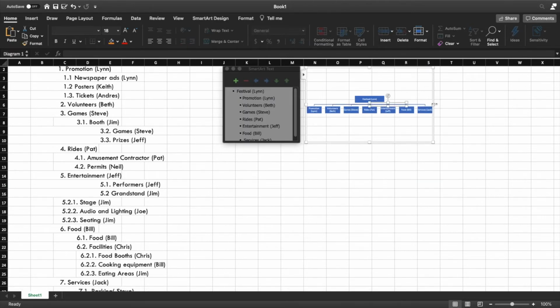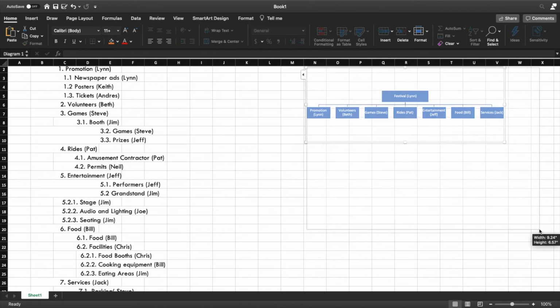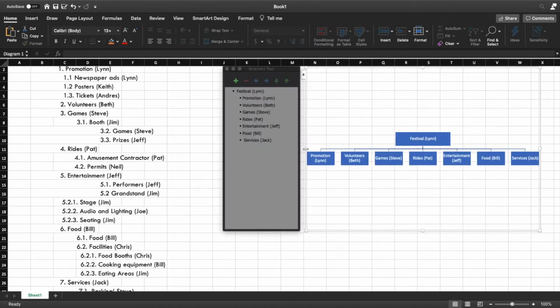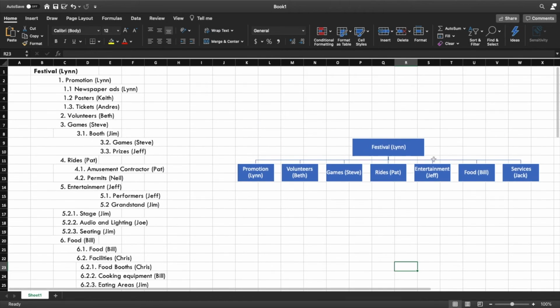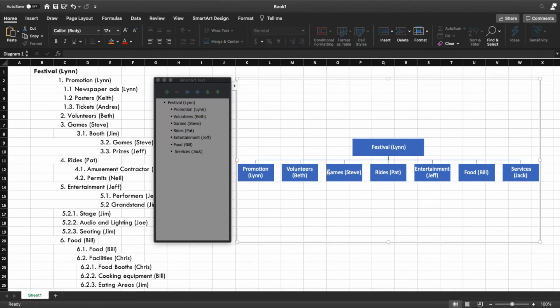We have the first level. Let me maximize it so that you can see it clearly. Alright, so now we will go to the next level. This is our level 0 and this is our level 1.